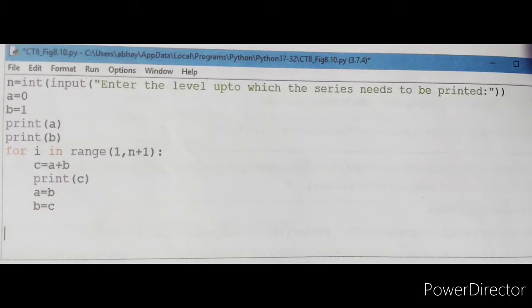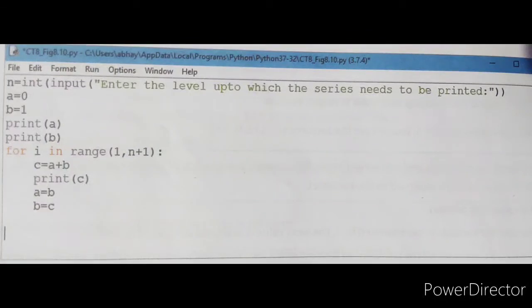So first you will type n = int in the bracket input, enter the level up to which the series needs to be printed. Prompt whatever you want to prompt, you can prompt that. And what is the use of int function? Int function is used to convert string into integer. So now entered value is stored in n.